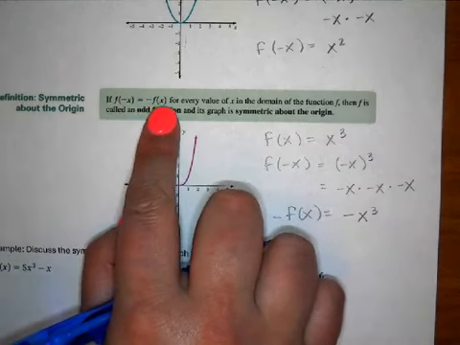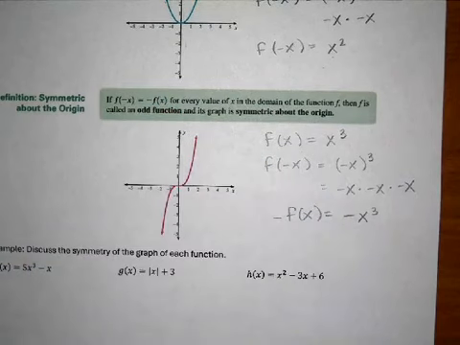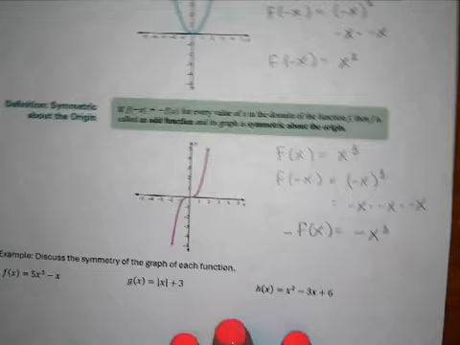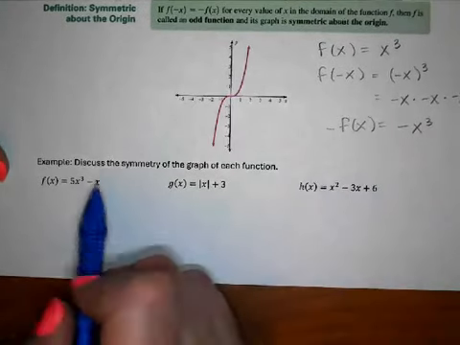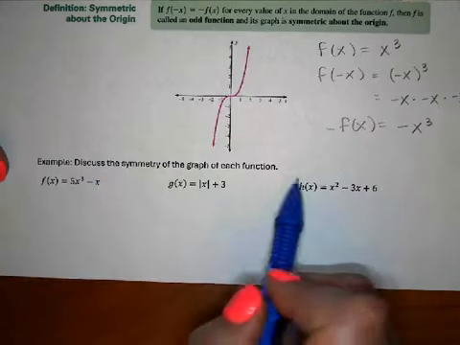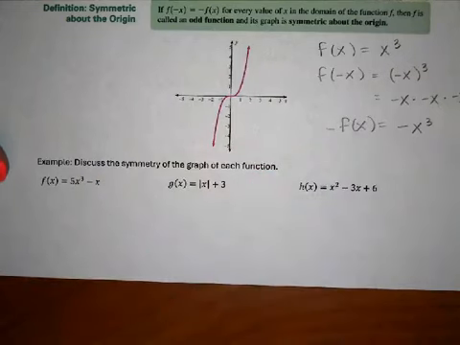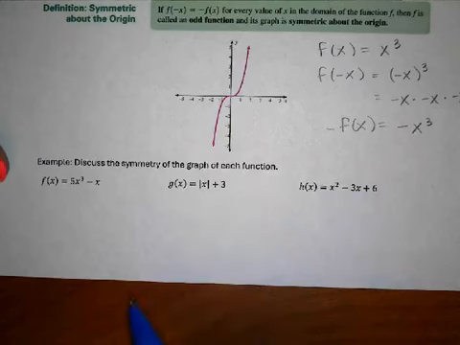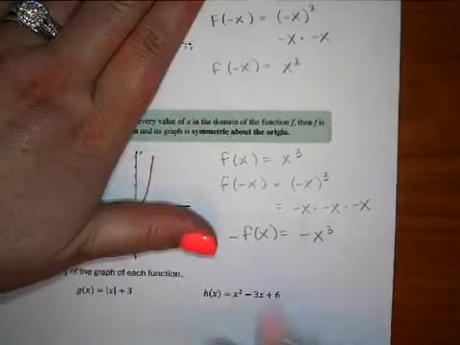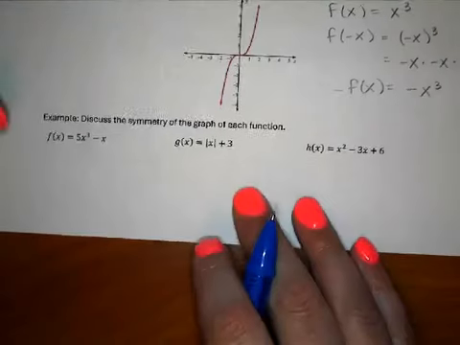So what we're going to do next is look at a few examples and just determine their symmetry. Another way we could describe these examples is, instead of saying discuss the symmetry, we could say determine if they're even or odd. The procedure would be the same. We don't have pictures of these, we only have the equations, which means we have to do these algebraically. We have to use the method where we plug in negative x and see what happens. So, plugging in negative x,